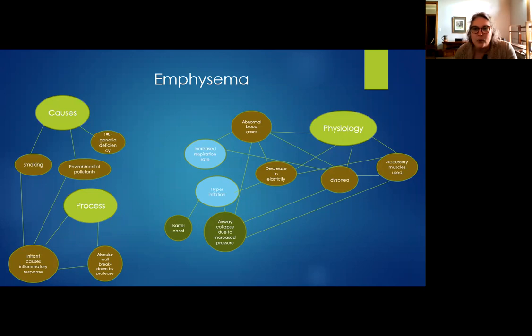The alveolar walls are broken down by protease enzymes. The result is